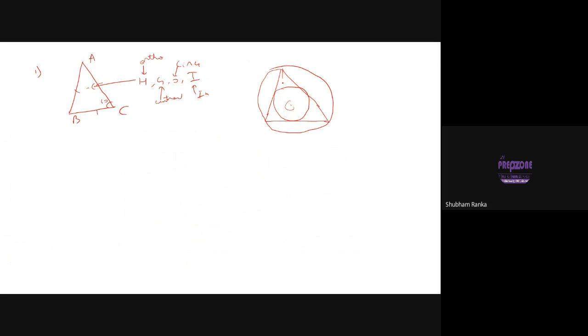Similarly, if you draw the medians, they will meet at this same point. This will be the centroid as well. If you draw perpendiculars, they will again meet at the same point. It's the orthocenter as well. So the most simplistic construction that is possible is the equilateral triangle. Right. Now talking about the equilateral triangle,